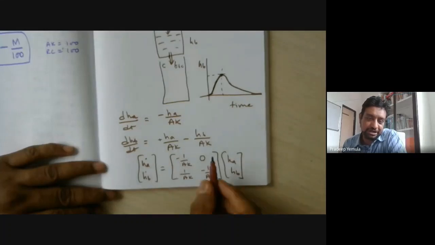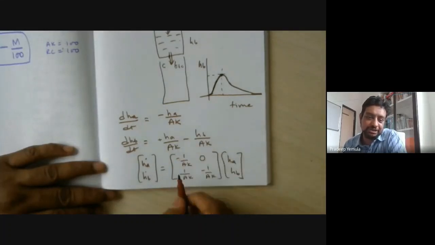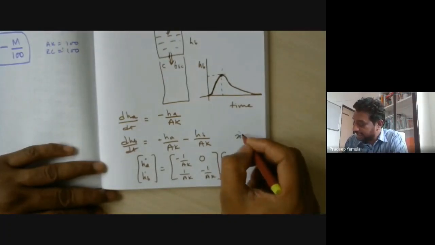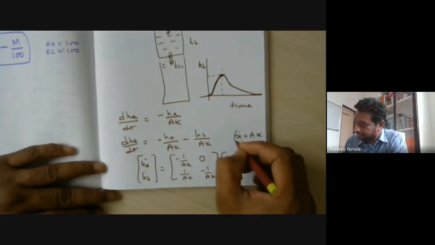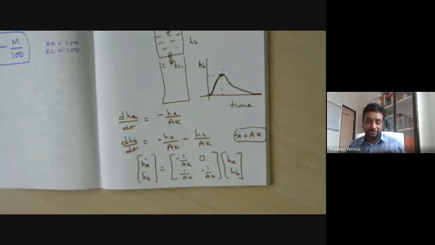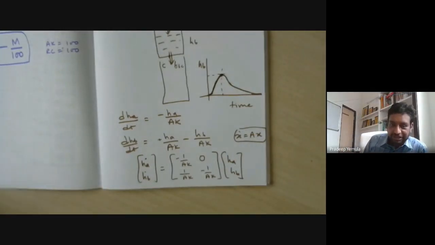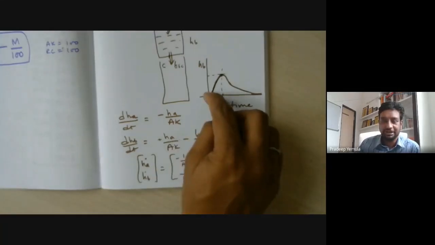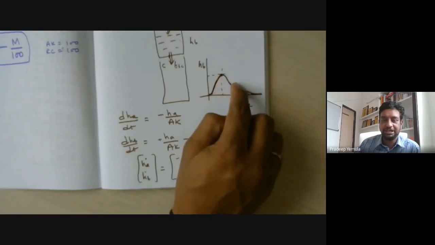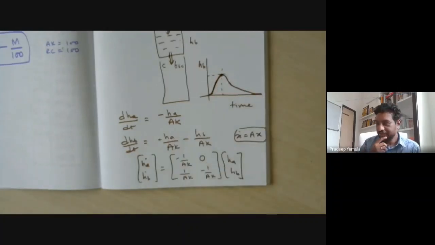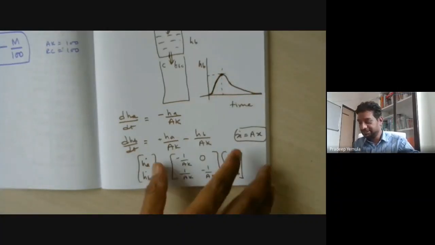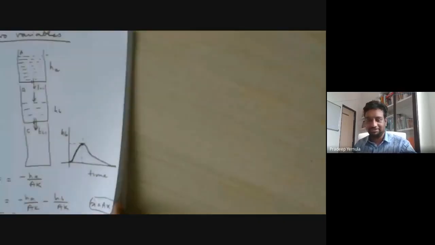So if you expand it, you will get the same two equations, but the matrix form is more like x dot equal to AX kind of format. So this is about this. We will mathematically calculate and solve it, but before that, let's do the experiment and then try to see whether we are getting this pattern or not, increasing and decreasing. So how to do that? For that, just give me some time to set up.